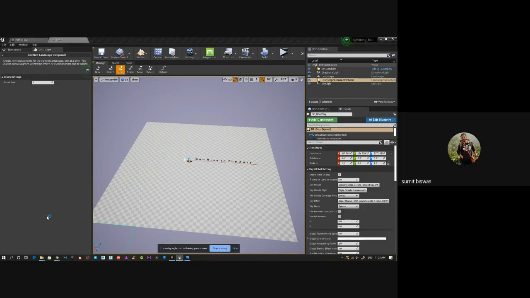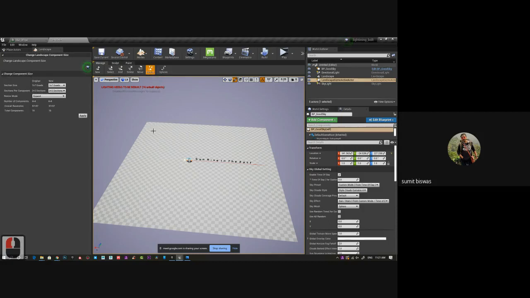One second, I'll switch on the keyboard also. So now you can see all this, right? You can simply click on add, delete, move, resize. If you click on resize, it will give you that option.